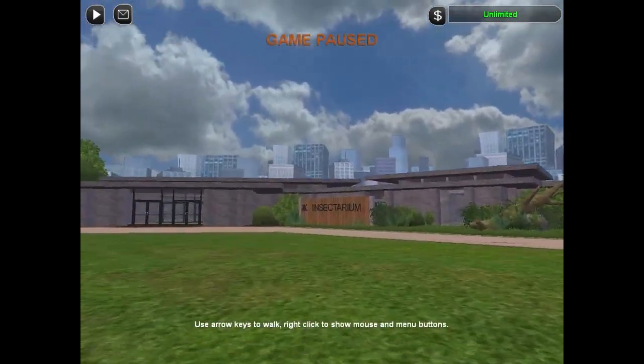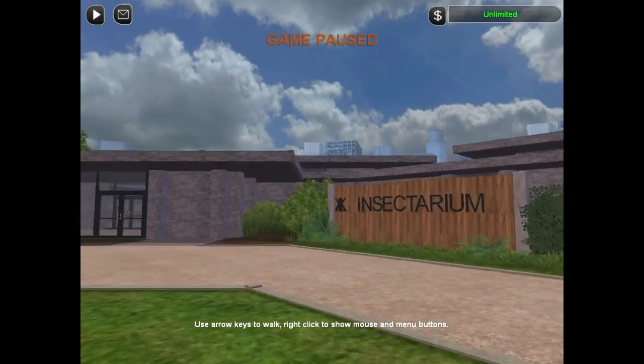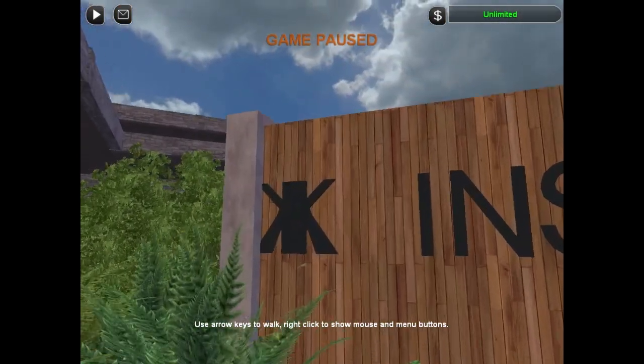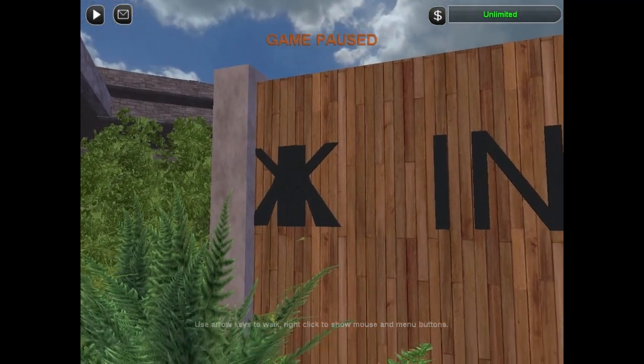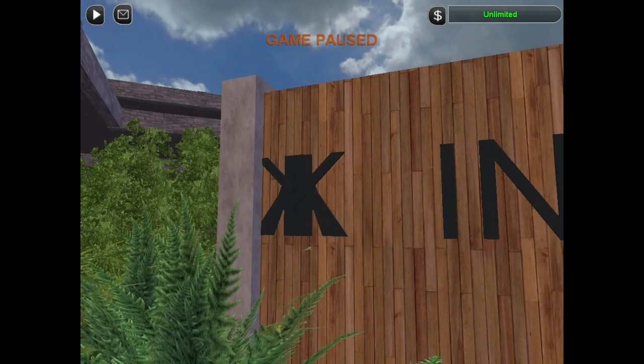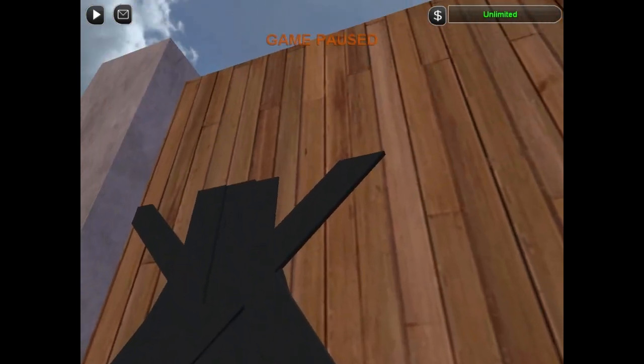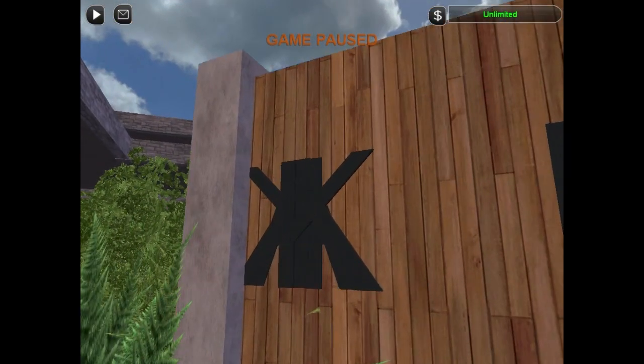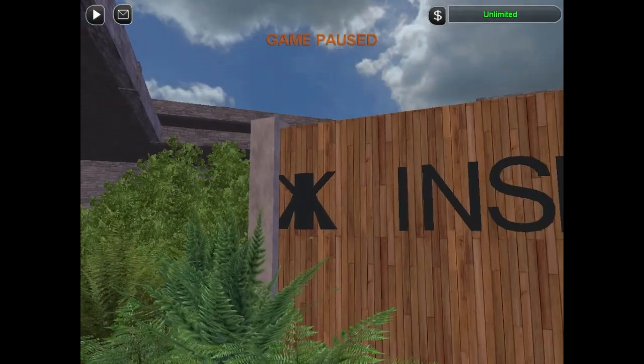I did make this little sign here saying Insectarium with what's supposed to be a little bug represented on there. Like, I don't know, maybe these are the back wings and that's the front legs. I used 2 K's, an I and an A to make that. So